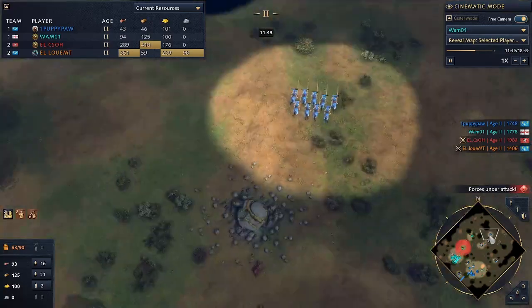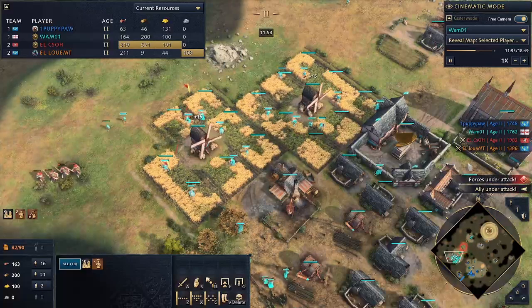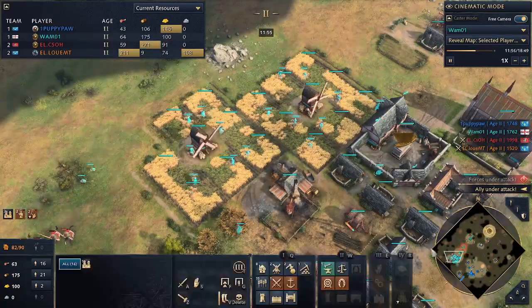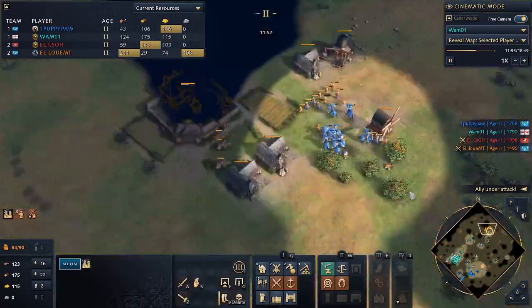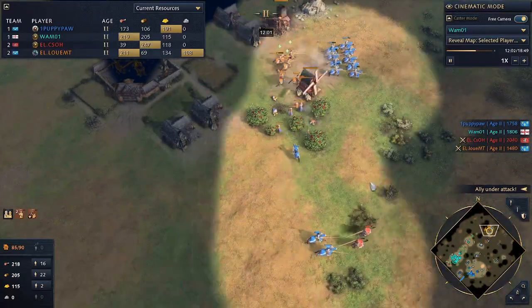I guess we're not noticeably ahead in the villagers, but again, it doesn't really matter because we have the eco advantage. And okay, yeah, now so he's killing some villagers here. But